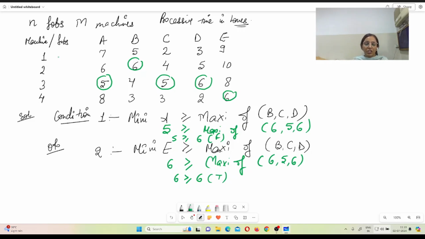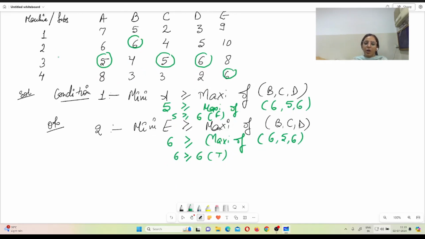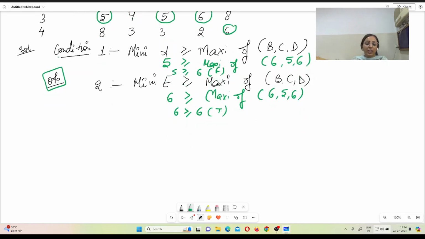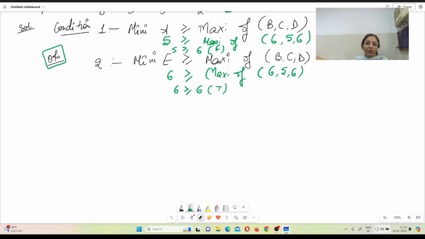For the conditions given over here, condition 1 is that the minimum value of A is greater than or equal to the maximum processing time of B, C, D, any one from B, C, D. The second condition is there too, so if any of the conditions is satisfied, it will work. The second condition is that the minimum of E should be greater than or equal to the maximum of B, C, D again. If any of the conditions is satisfied, then in the second step we convert these 5 machines into